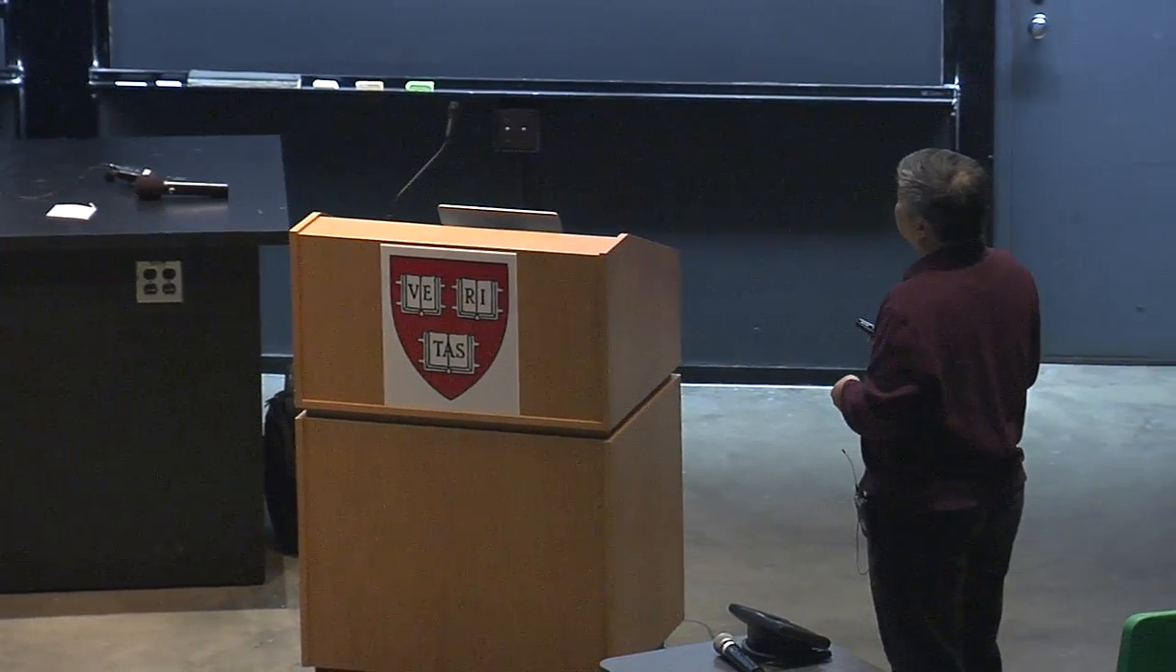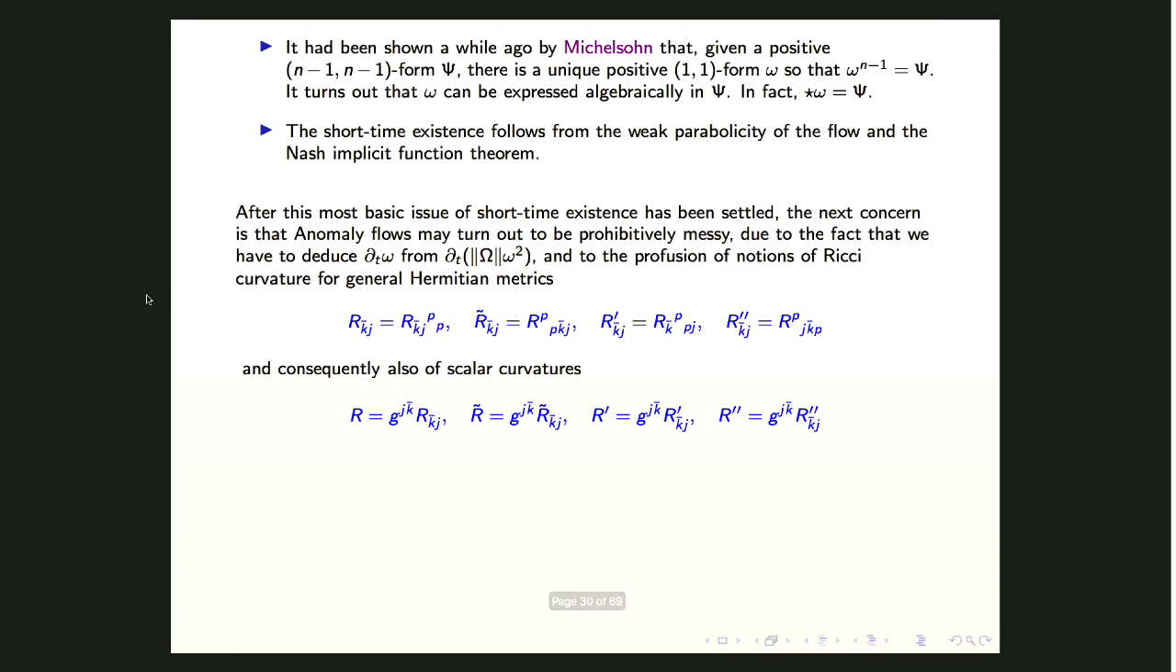Okay, now what's the next thing? Well, the moment after you have short time existence, of course, your goal is long time existence and hopefully convergence. And for this we are going to need a much more detailed analysis than this previous theorem that required some very simple formal steps. And there, at the beginning, one could be a little bit concerned that these flows are